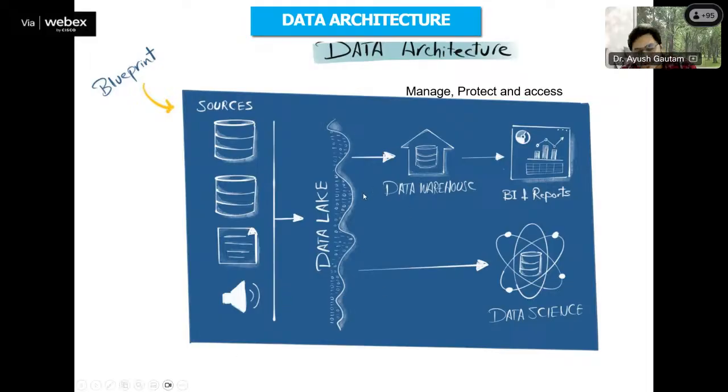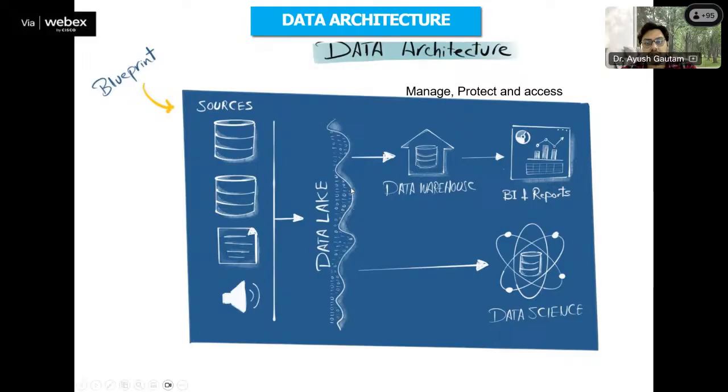A huge amount of data has been generated. Like I said, the example of DMart. So in DMart there is a huge amount of data being generated. Which product is coming? Which product is not in stock? Which product is in stock? Which product is in transit? Which product will get finished tomorrow? For which product is there more demand? For which product is there less demand? There is a huge amount of data. All of that data is being stored in the data lake.